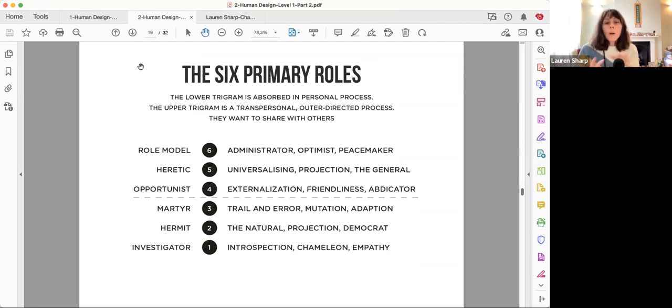A 4 can't go out there and get messy and just be like, oh, I'm just going to try all the stuff and see how hot the plate is, and act like a 3, because it's not really going to work so well for the 4. The 4 is supposed to sit and observe and be like, that is good behavior, that's bad behavior. Okay, let me reflect on that.